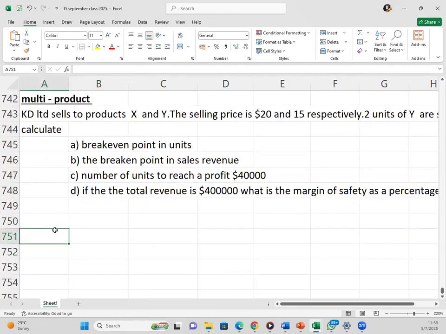So our first calculation here is being able to determine the break-even point in units. But the question is mentioning we are selling two products, product X and product Y. So in this case, it's a multi-product environment, where we sell more than one product. So if you're selling more than one product, the first step here, we need the